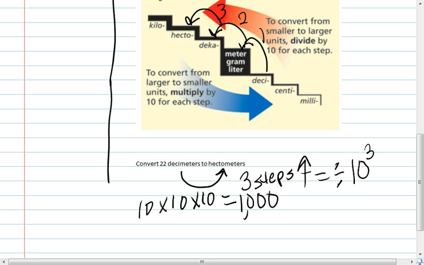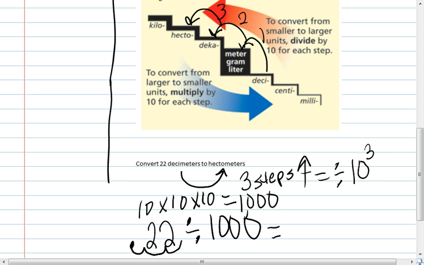We had a little misspeak earlier. So that means if I have 22 decimeters, I'm going to do 22 divided by 1,000. And you punch that into your calculator, and you find out that all you had to do was take your decimal 1, 2, 3 places, and you got 0.022